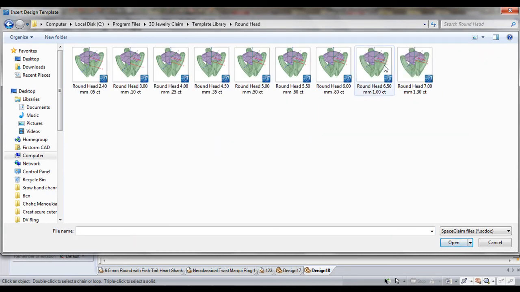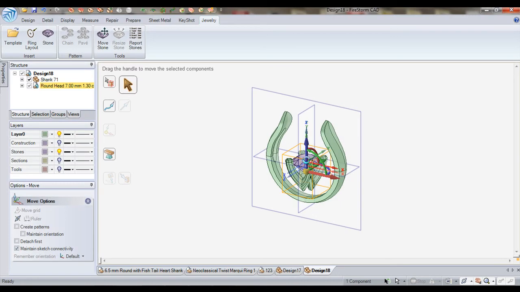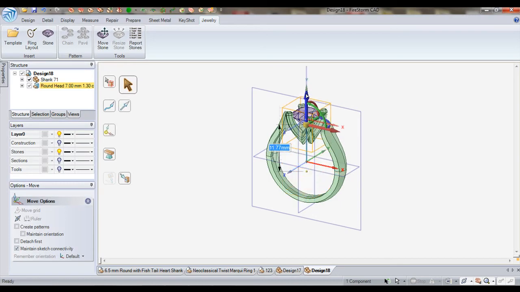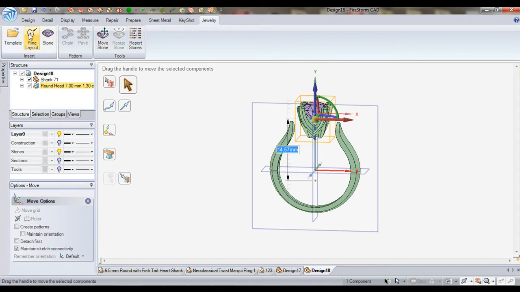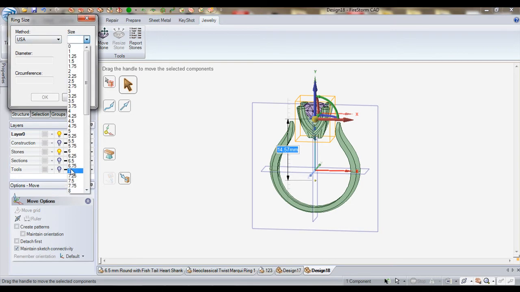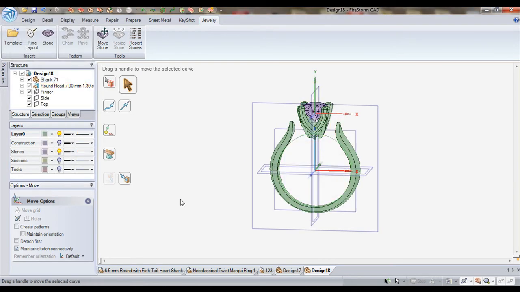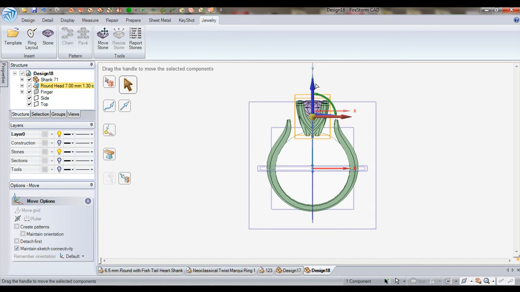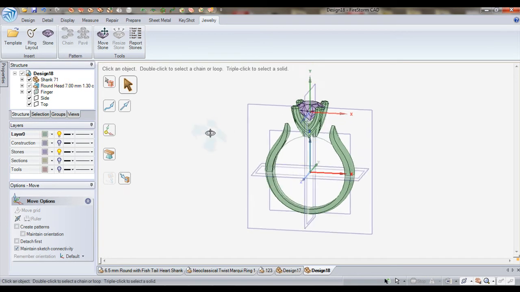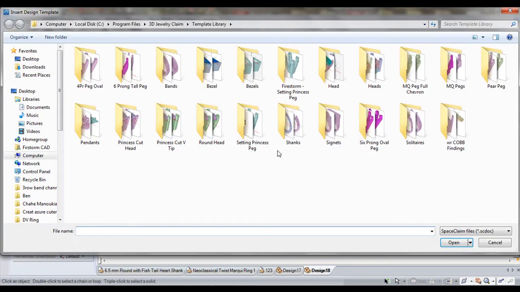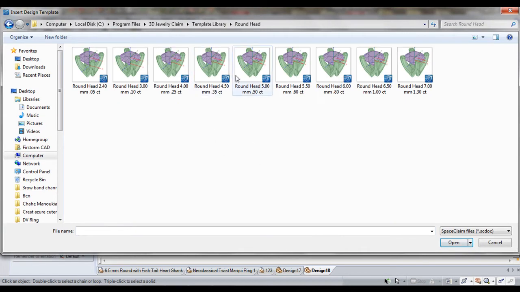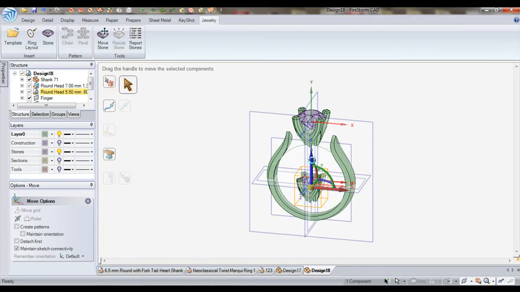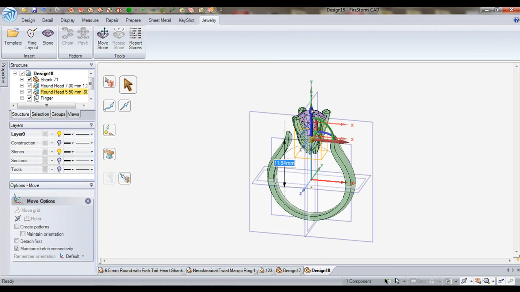I'm going to pick the shape. It's 1 carat 30. Move the stone up above. Let's import a finger size. We have finger size always, so we will know how high we need to go with the stones. Now we can import one more time the same basket in these different sizes, and we can move this one up above again